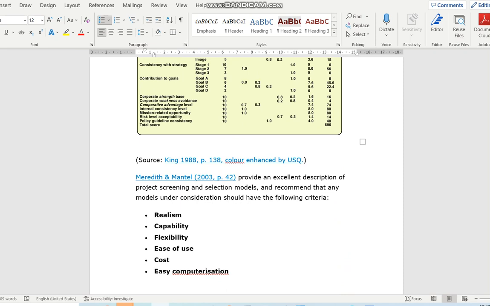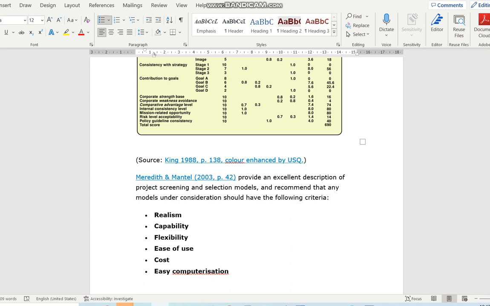Some people say it's very important to be flexible, so you can change things as you go along. Whether the options will actually solve the problem and create better usage. What is the cost? If the cost of a project is too high, it will impact whether it will be selected or not. And ease of computerization usually means whether it is considered in the design capacities,